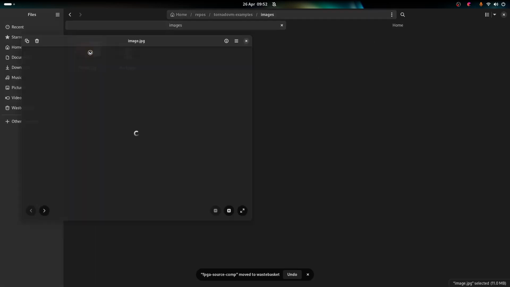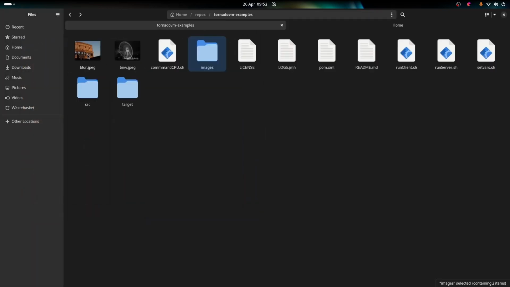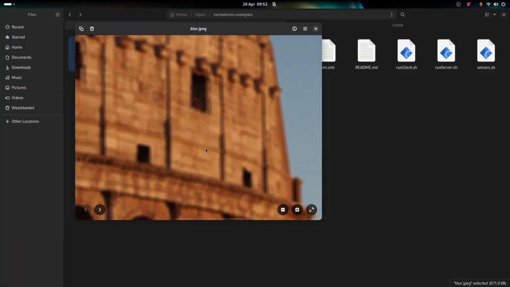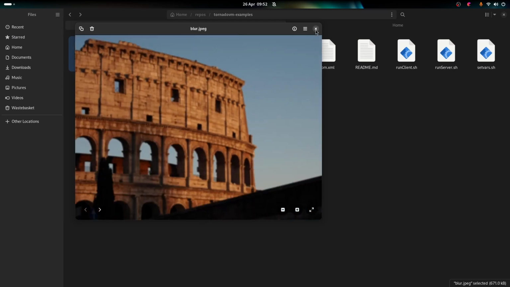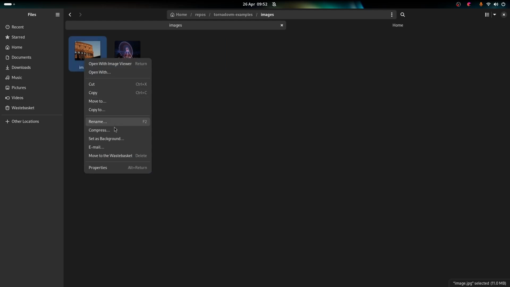Input image is this one in this case, okay? It's an image I took a few years ago in Rome, right? And the output image is something like this. It applies a blur effect. Let me open it. So as you can see, it's very aggressive. It's like a pixelated, but it's actually blur, effect on it. That's the output image. So in case you wonder, let's go to the input image and see the dimensions, because